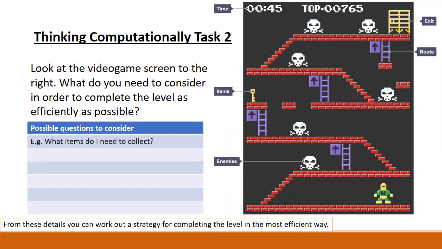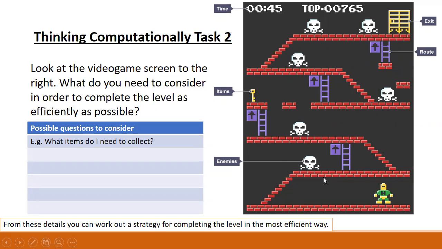Thinking computationally, this is like a 1980s computer program, a computer game. I don't know, do they still have anything like this? In the 1990s, they had this thing called Duke Nukem. He used to bounce around and he had these tools that he would shoot. Yeah, it looked kind of like that.